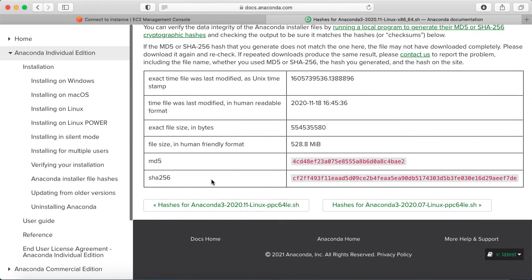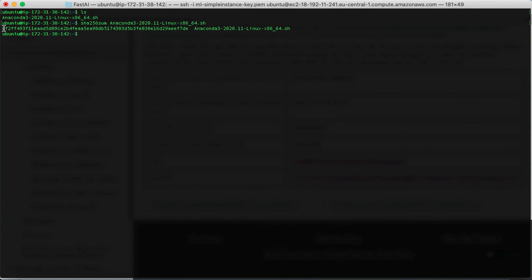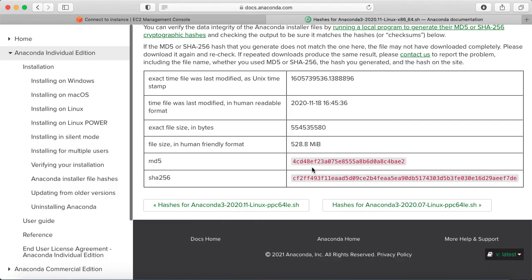So the distributor has put up two hashes. One is the MD5 and the second is SHA-256, and I want to verify the SHA-256 string. So I can manually verify these two strings here. So I have verified that the string that I got here from the SHA-256 function is the same as the string that the distributor has put up on his website. This gives me the assurance that the file that I'm about to install is what the distributor intended it to be.